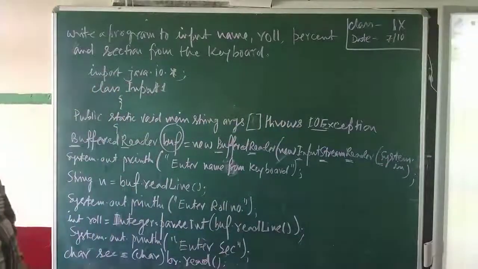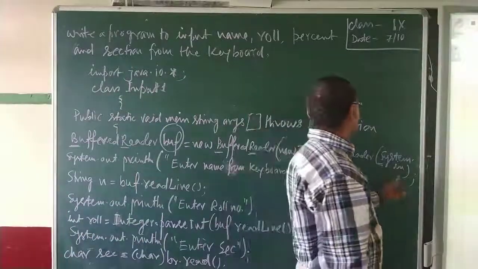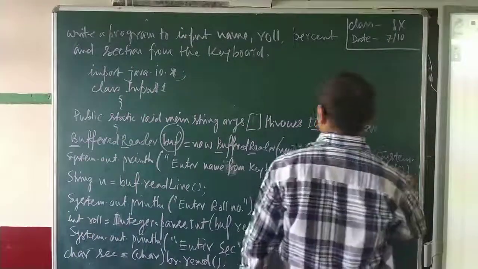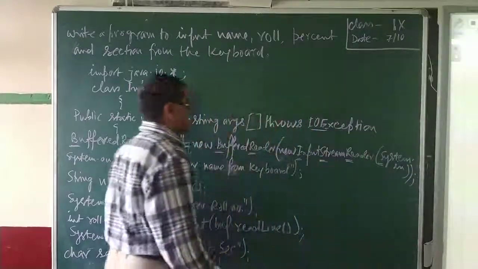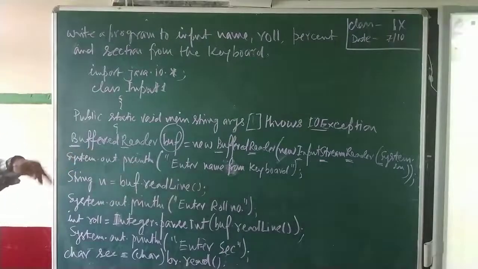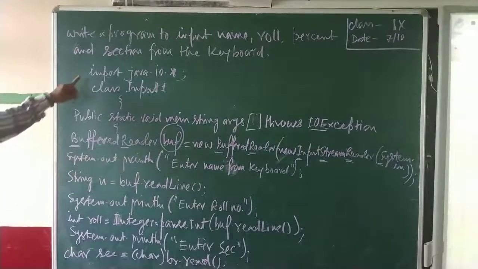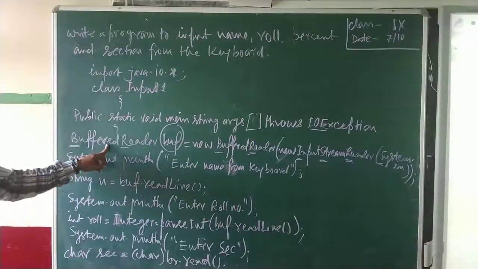You have to follow it continuously. This is an opening bracket, here an open bracket, closing bracket, System.in, and there is one more bracket. So there are two opening brackets and two closing brackets. So this you have to write. When there is keyboard input, this you have to write. This portion is added, and this line is newly added.